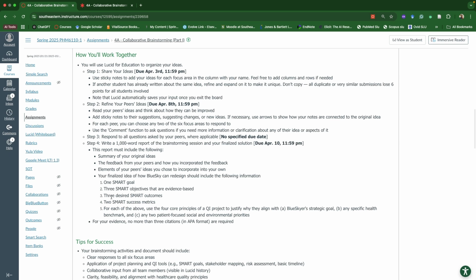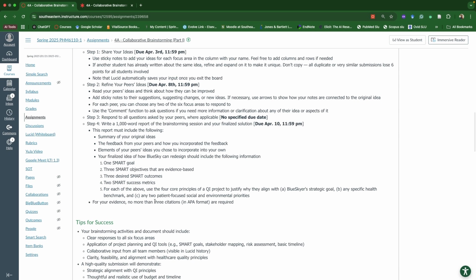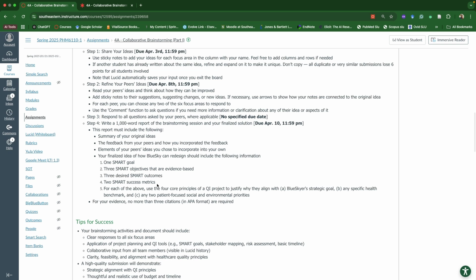And then make sure that you have three SMART outcomes, three SMART success metrics, and then make sure that all your SMART goal, objective, outcomes, and success metrics, that you justify how they align with the Blue Skylar strategic goal,